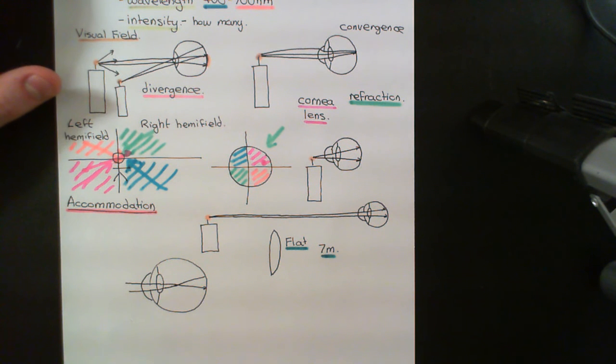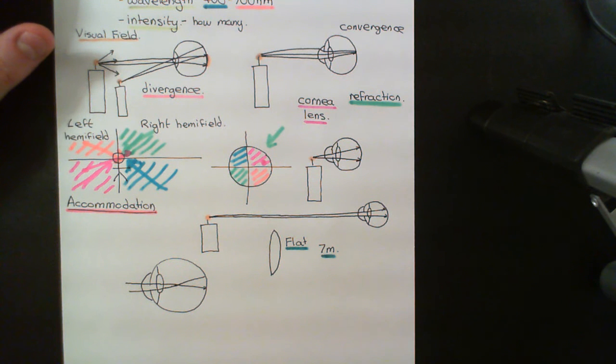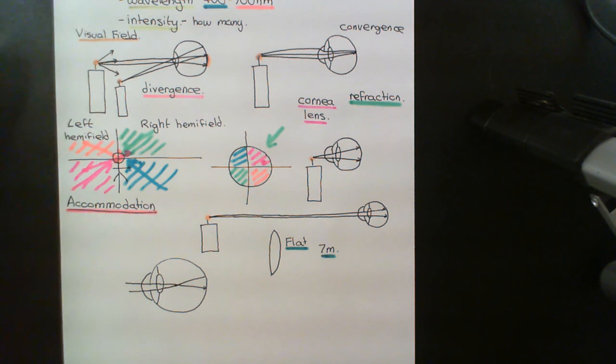Okay, right, so that's what is going to start happening if we're looking at candles that are further than 7 meters away, but the problem isn't too big. I mean, I've made a very extreme example here. The actual amount that it will diverge out before it then hits the retina will be small. Okay, but the problem that we're more interested in, because we can actually do something about it, is what if